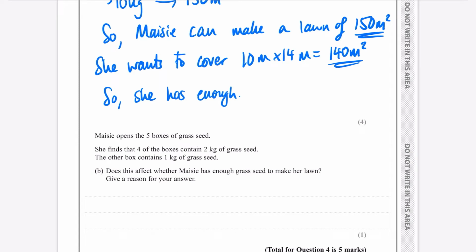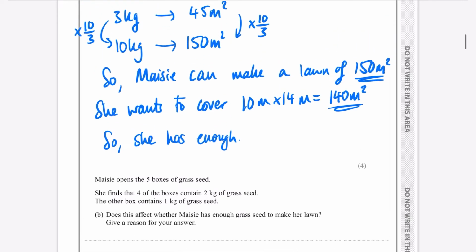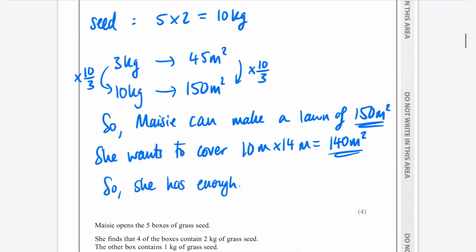She finds that 4 of the boxes contain 2 kilograms of grass seed. The other box contains 1 kilogram of grass seed. Does this affect whether Maisie has enough grass seed to make her lawn? Give a reason for your answer. So we're going to go back to this line of working that we have here, and we're going to see